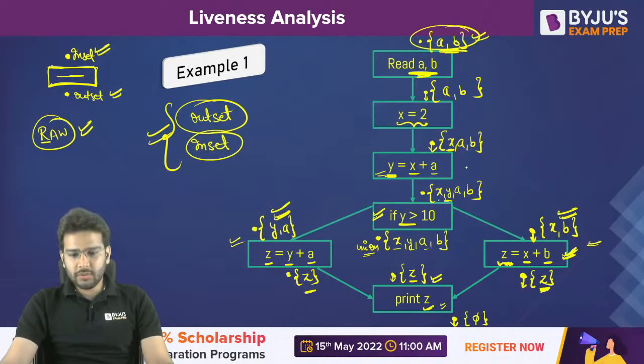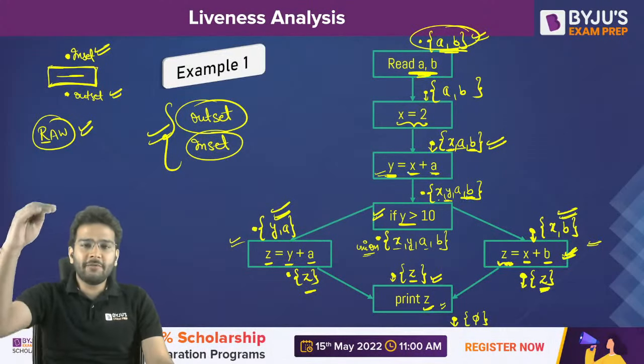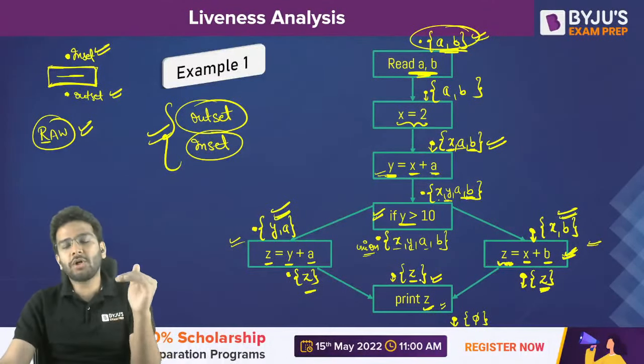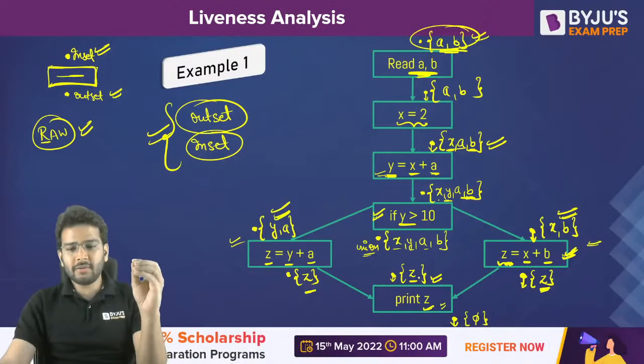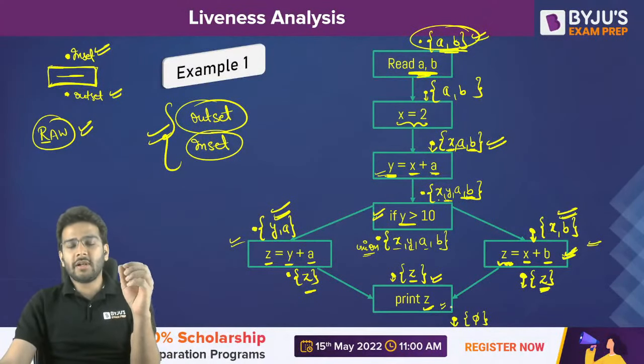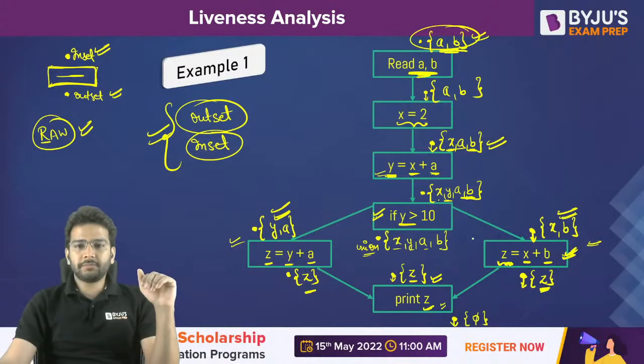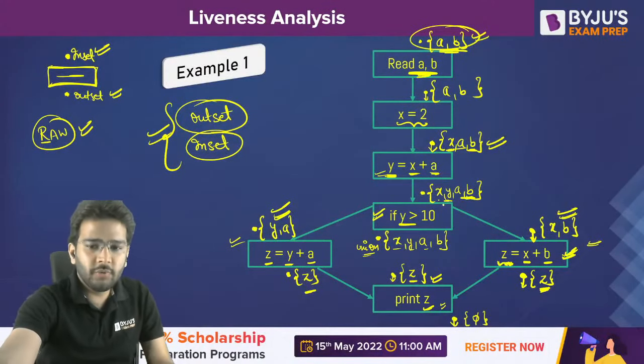Yes, what is your doubt, Vishal? X, a, are you talking about this one? See, b will also be there now. X, a we are reading, that is fine. But b also we are getting from downwards. Always we have to see the entire program. That's why we are going backward, from bottom to top. So always remember this is a backward mechanism. Whenever we are finding live variables, always we have to go from bottom to top. Clear? Is it clear to all of you?